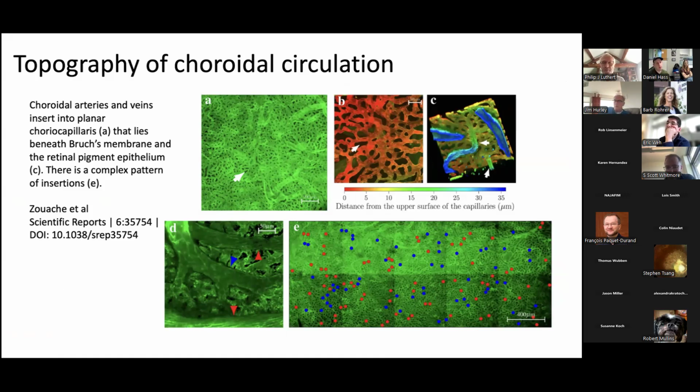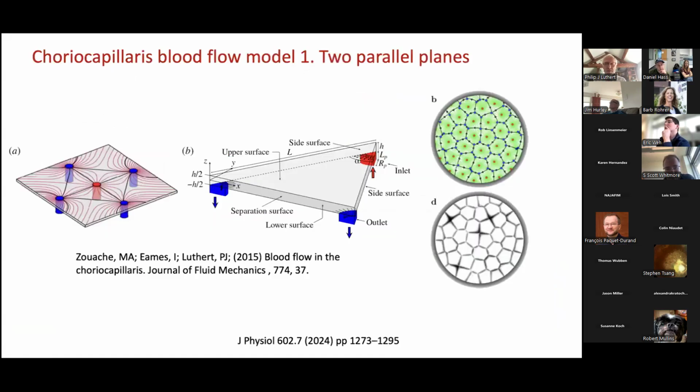This shows the topology of the choroid, or the choroidal circulation, which you'll be familiar with. The red and blue dots being where arterioles either insert or venules drain from this bed. And the key message from Musa's early work was blood likes to go from an arteriole to a venule, and it doesn't like to take the long way around, which means that these areas are relatively stagnant.